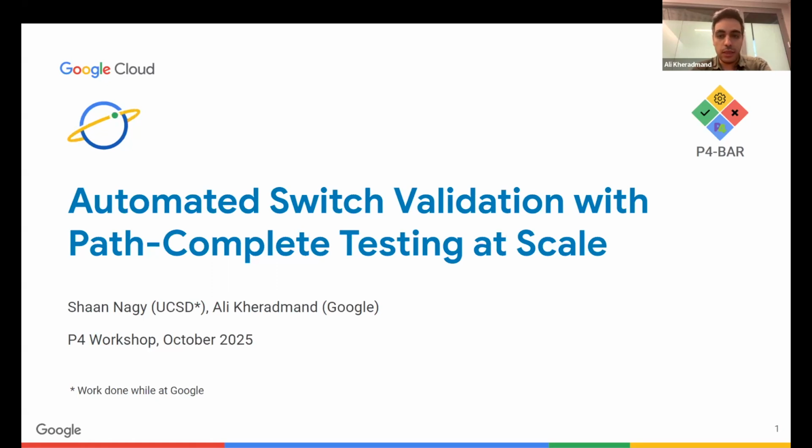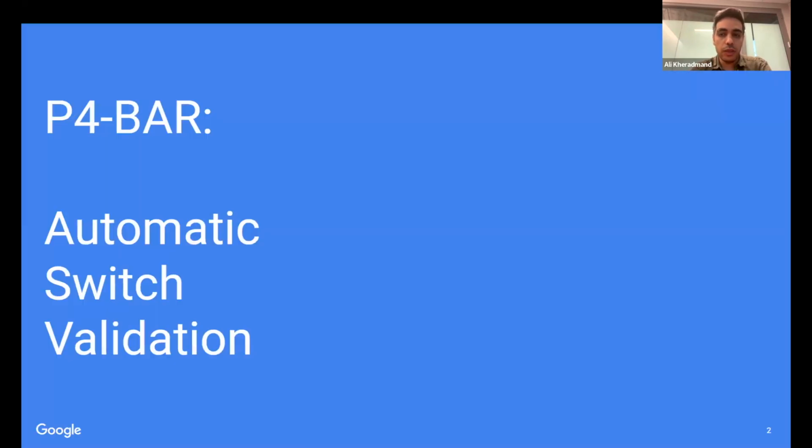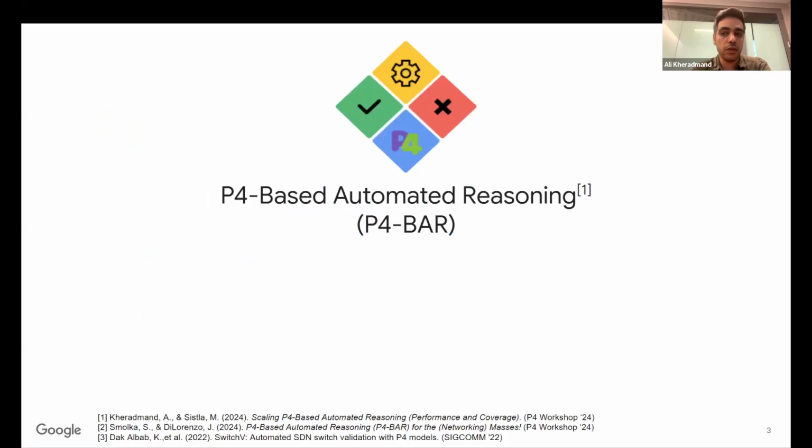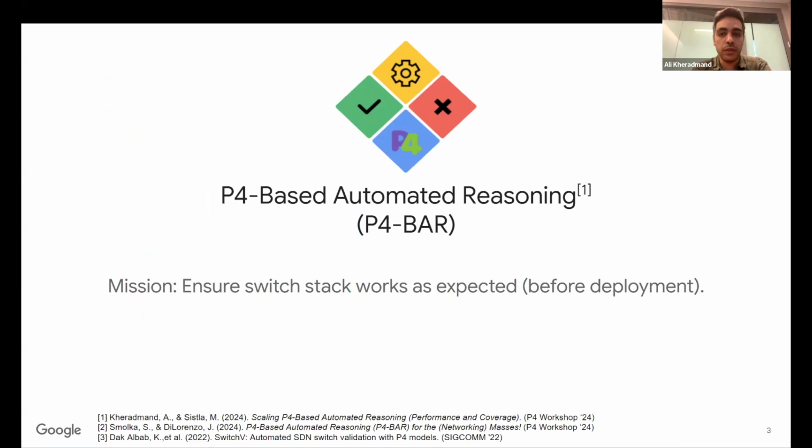So let's get started. We are from a team in Google that is called P4 based automated reasoning team, or P4 BAR for short. And our goal is to increase the reliability of Google's network infrastructure using techniques from areas such as automated reasoning, programming languages, and formal methods. Particularly, so far, we have been focusing on ensuring that our networking switches work as expected before we deploy them